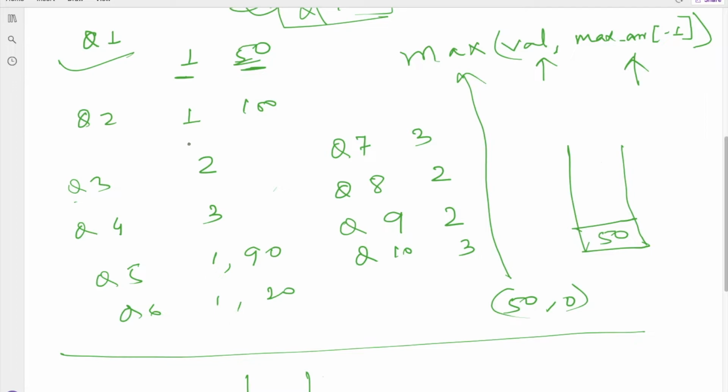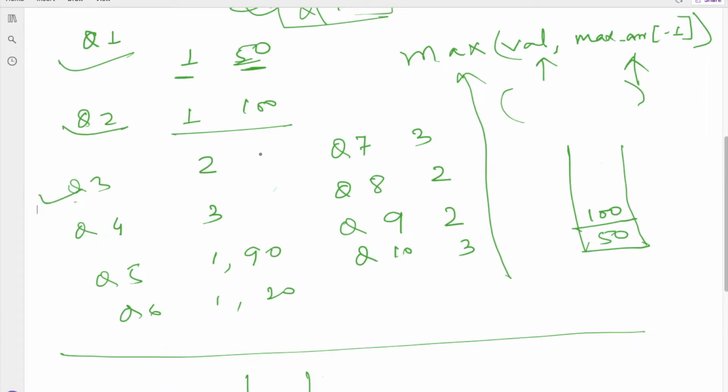In query 2 again we have push operation in which the incoming value is how much? 100. So let me write here. So here my incoming value is 100 and the top value is how much? 50. Here -1 is the top value. Max of array -1 will always give the top value. What is the maximum of 150? So it will be 100. So we will simply append 100 in this given stack. Now we are done with this query 2.